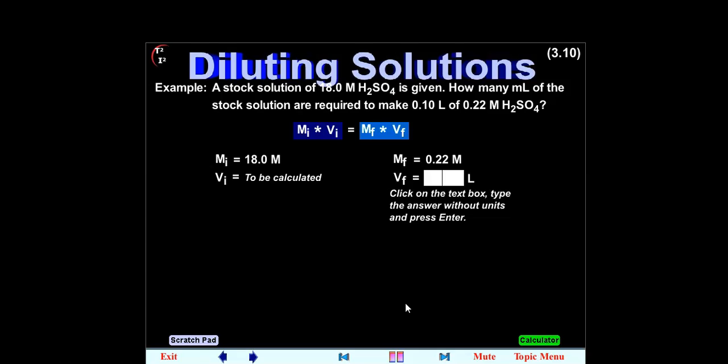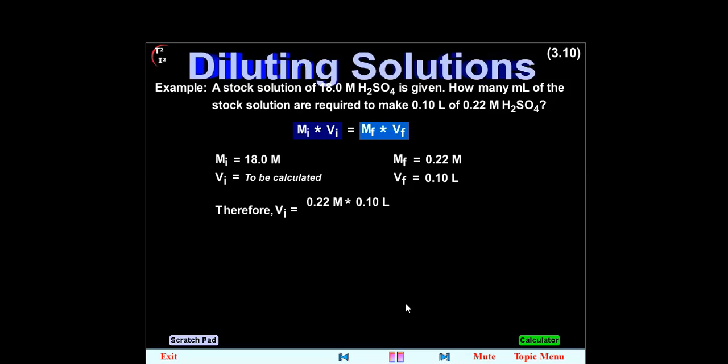VF equals 0.10. Therefore, VI equals 0.22 times 0.10 divided by 18.0 equals